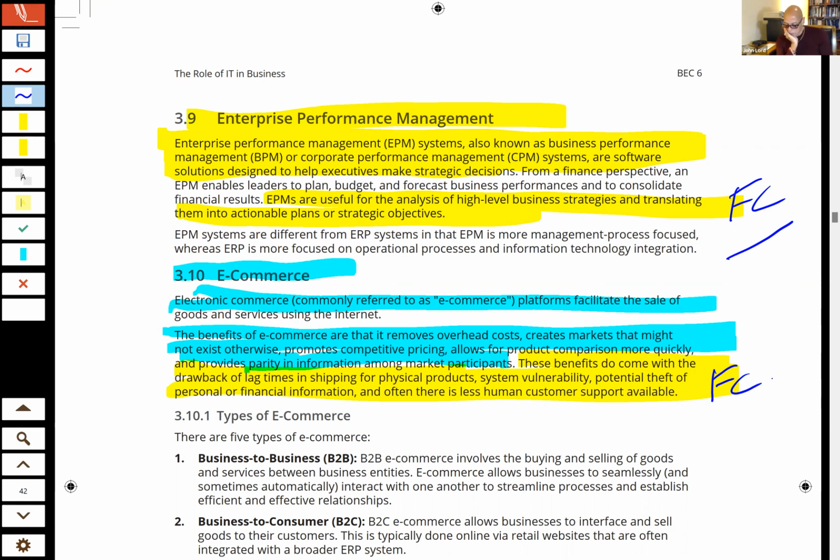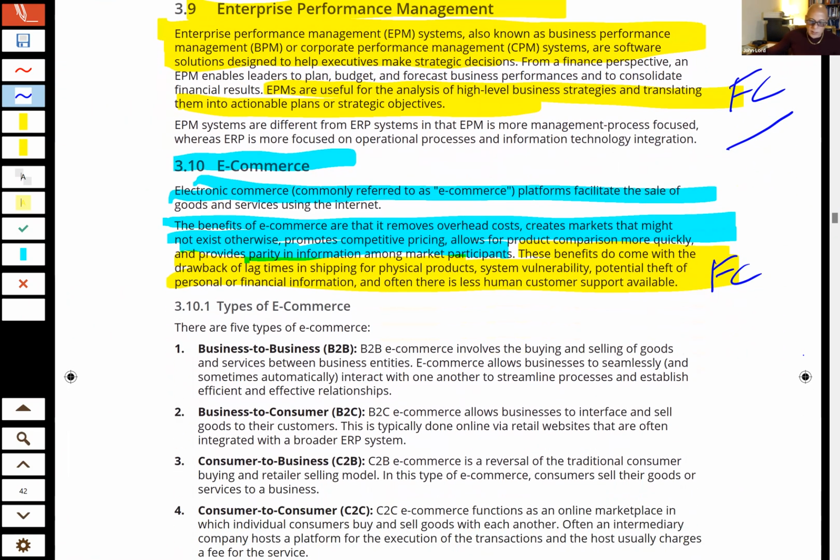They don't mention this as a risk, but I think there's potential to turn off a customer if they have no way to reach somebody through a completely e-commerce type of situation. They don't mention that here, but maybe I'm just old, and so that kind of stuff bothers me.